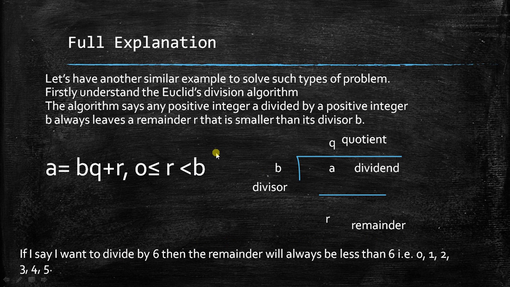So in the example given in CAT 2003, if I want to divide any dividend by 6, then the remainder will always be less than 6, meaning it can range from 0, 1, 2, 3, 4, 5, but not 6. It can never be equal to or greater than the divisor, only less than the divisor. This is what we have to understand. Secondly,